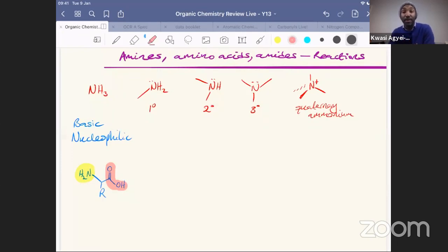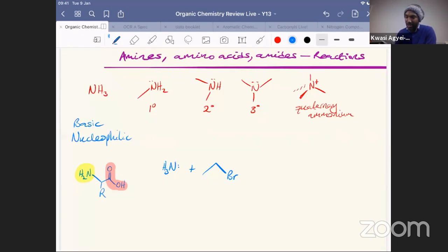If we start by looking at the formation of amines, you can look at, for instance, the reaction of ammonia. So using ammonia as a nucleophile to attack a halogenoalkane. So if we look at this reaction here, where ammonia is reacting with bromoethane, you can show a